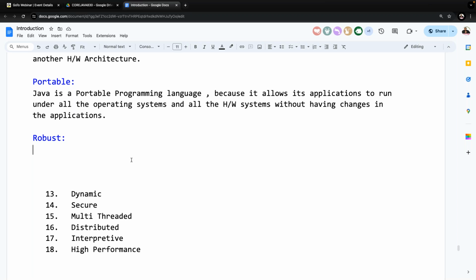If any programming language is very good at memory management system and exception handling mechanisms, then that programming language is a robust programming language. Come again. If any programming language is very good at memory management system and exception handling mechanisms, then it is a robust programming language.